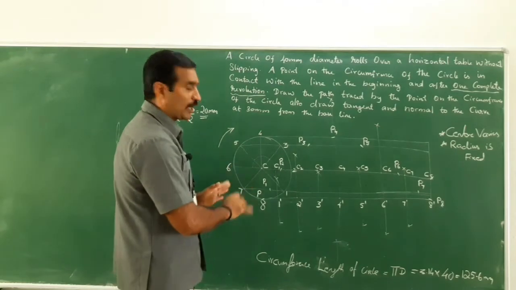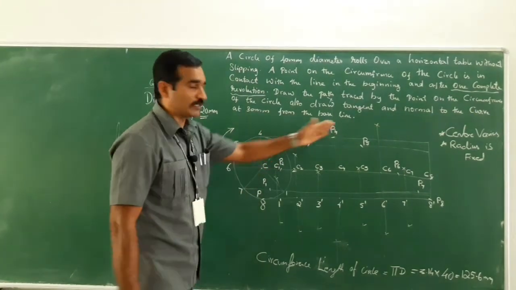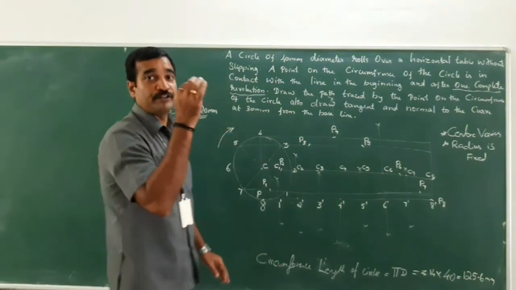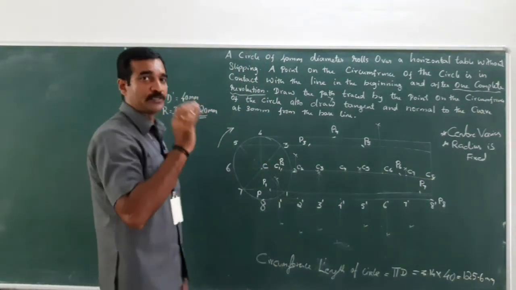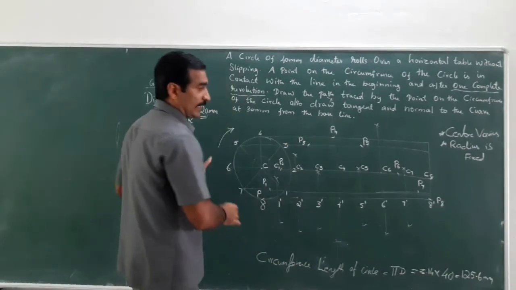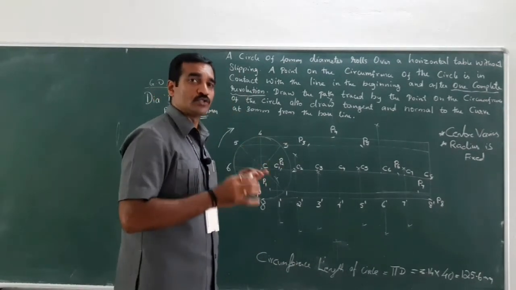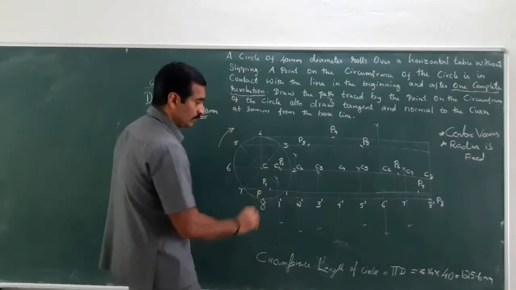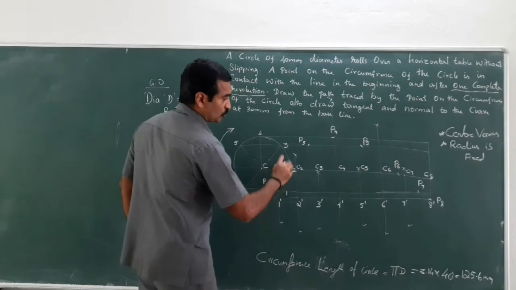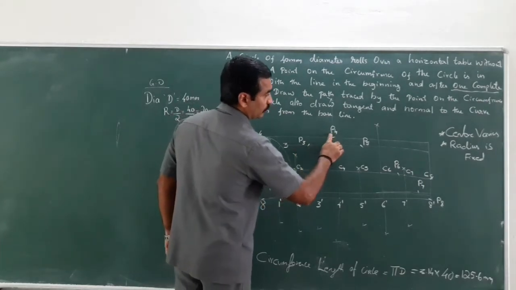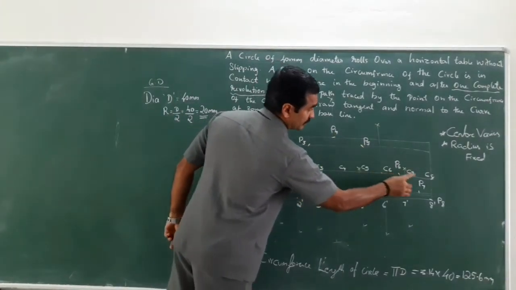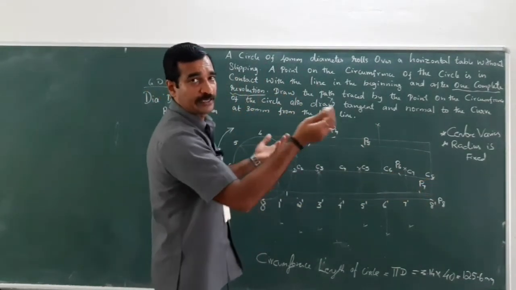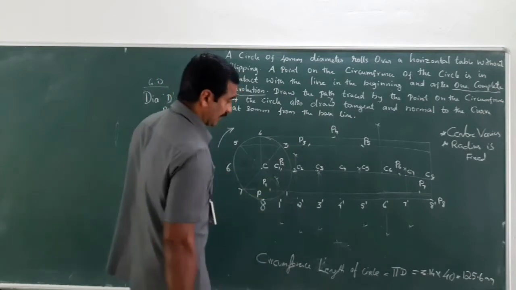Now I am going to plot all the points which I marked here, from P to P8, using free hand. Take a 2H pencil. Whatever I have drawn here should be done with only a 2H pencil. So now from point P to P1, P1 to P2, P2 to P3, P3 to P4, P4 to P5, P5 to P6, P6 to P7, P7 to P8. By plotting that with free hand, you will get a curve which is nothing but the cycloid.